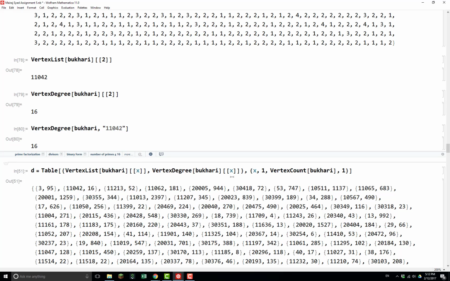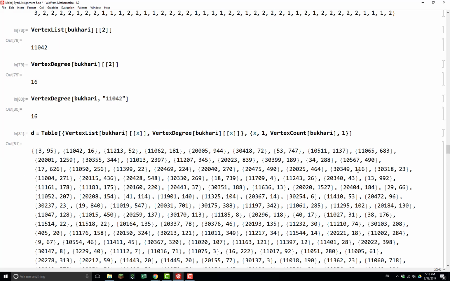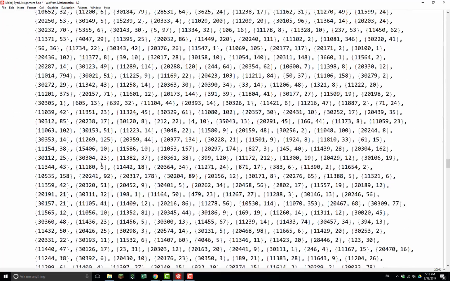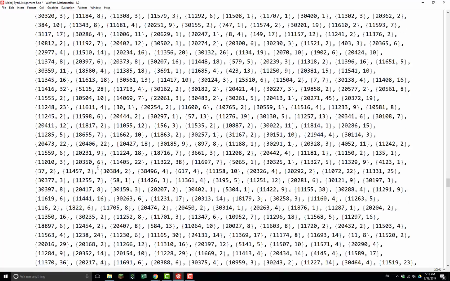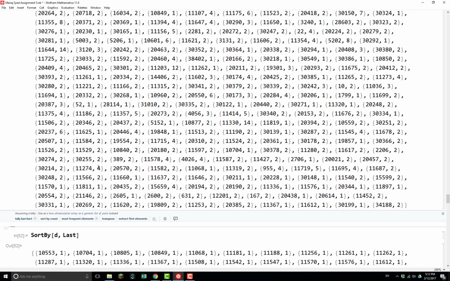ID numbers, iterate that 1 through the length of the vertex count, through the number of vertices in Bukhari, and it will create this table. So 3 occurs 95 times, 11042 occurs 16 times. And obviously when you have an input like that, you can sort by count,